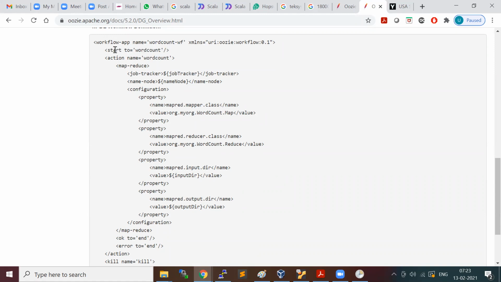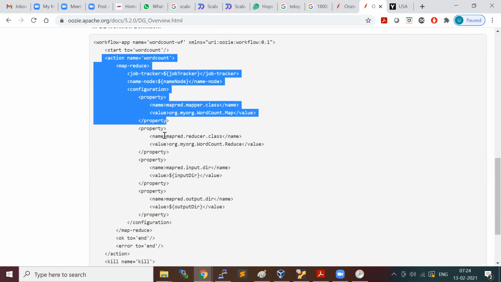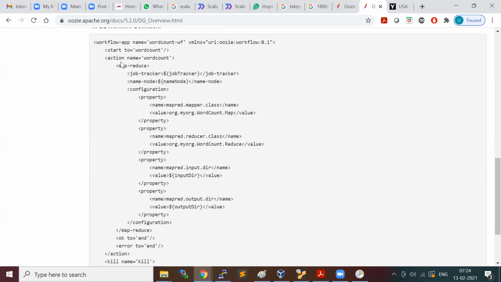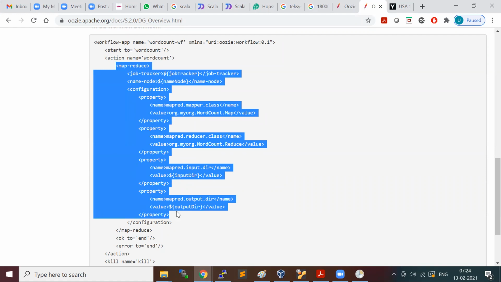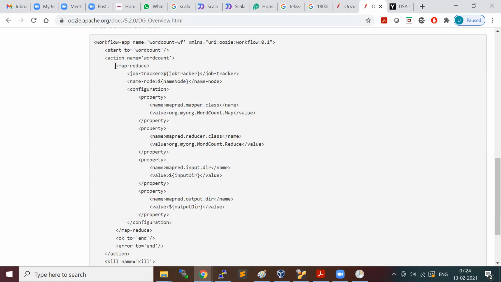There is a start and there is a property called to, which says start word count. If you come here, there is a tag which says action, and its name is word count. So from start it is going to start this action. Every action tag will have its own job information. To start a MapReduce job, you have a MapReduce tag.